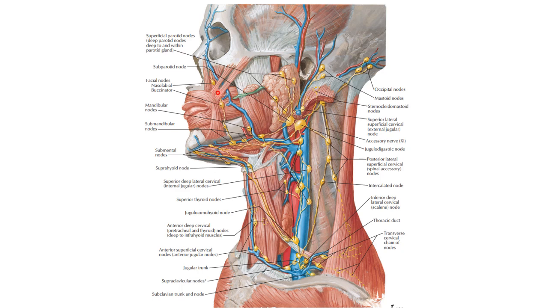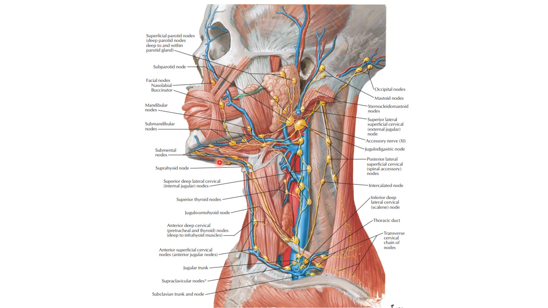This will be drained into the mandibular nodes, which are lateral to the mandible. So you have one here and another here. Then these nodes will be drained by the submandibular nodes right here. And these submandibular nodes will drain progressively further into the superficial nodes